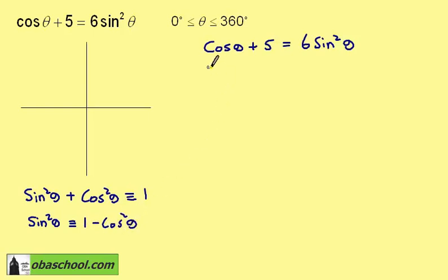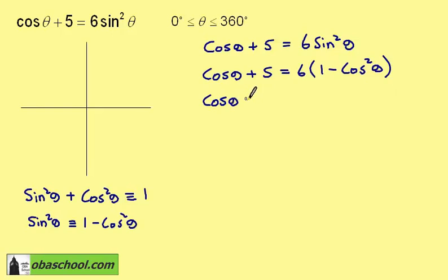We make the substitution into our equation, so cos theta plus 5 is going to be 6 times 1 minus cos squared theta. Expanding the bracket gives cos theta plus 5 is 6 minus 6 cos squared theta,